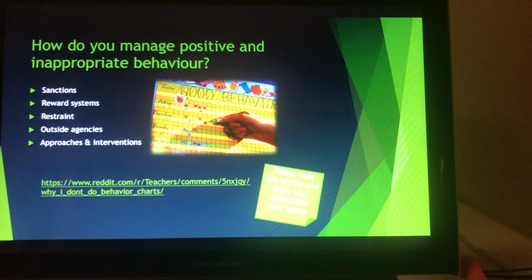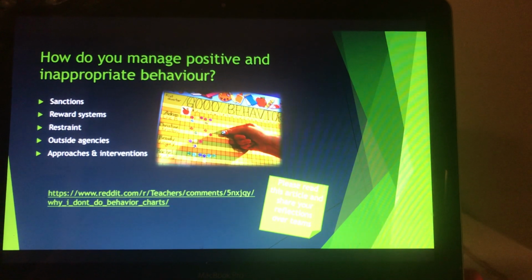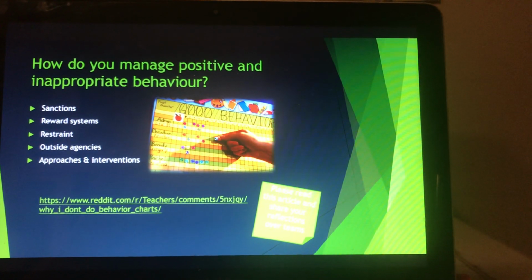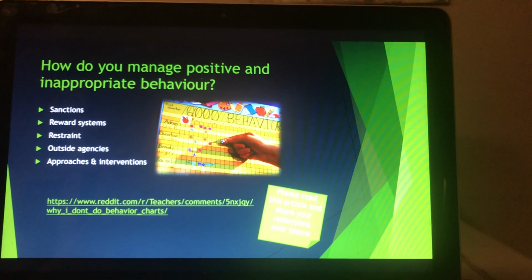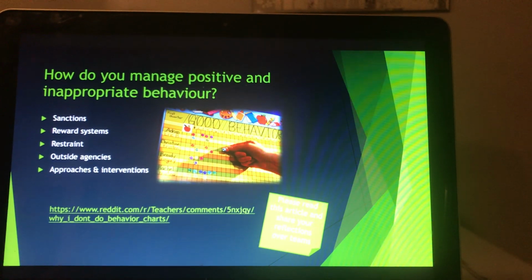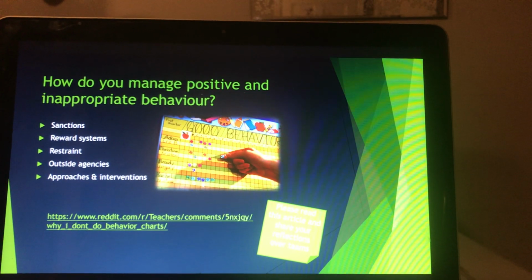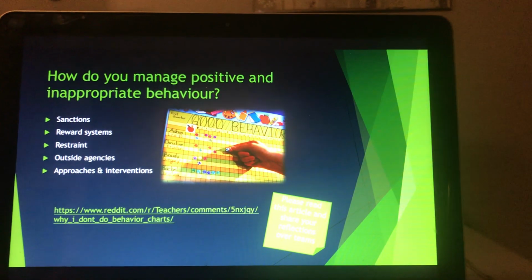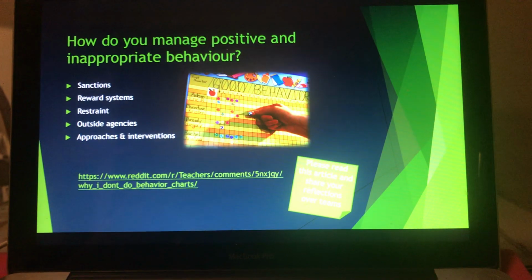Just a quick note there, nobody should be restraining a child without the adequate and certified training. And any time a child is restrained, it needs to be documented on paper and it needs to be discussed with the parent carer, and also a report needs to be made to the designated safeguarding lead just to make sure everything's above board. Okay, that aside.